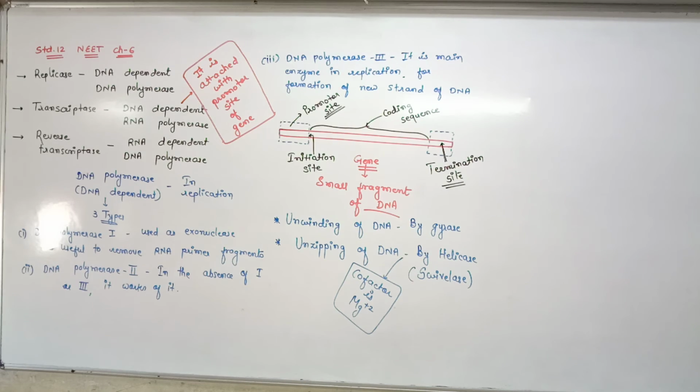SSB is given there in the textbook, single strand binding protein. Only one nitrogen base, one nucleotide are attached together by the phosphodiester bond, okay, one by one, and that is carried out by the single strand binding proteins. Topoisomerase, one enzyme is given there, and this topoisomerase is also known as DNA gyrase of the prokaryotic cells.